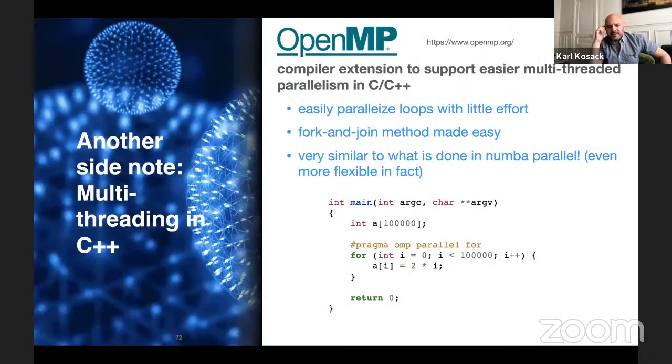Just a side thing to mention with C++, I mentioned this OpenMP. That's what's used in a lot of C code now to automatically parallelize. It makes writing parallel code in C very similar to how you do it in Numba. You put these special statements, pragma omp parallel for, and that's basically the same as doing prange in Numba. So if you're running C code, you can do things like this. This also works in Fortran, I think, as well, just for those people who aren't doing all Python.